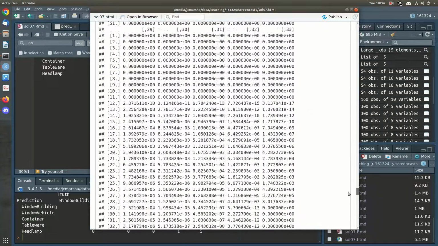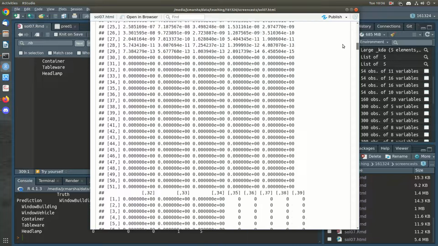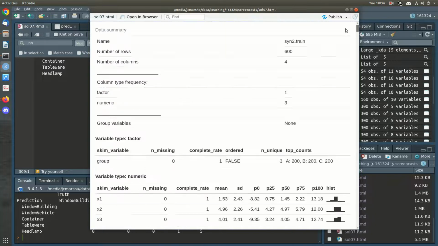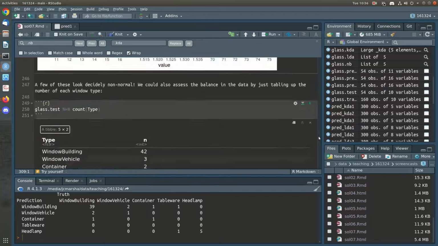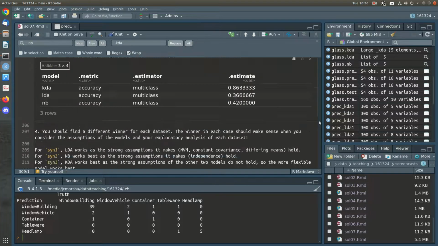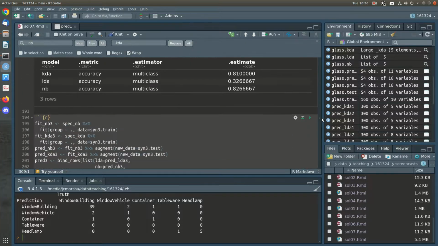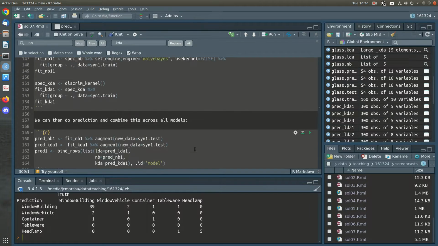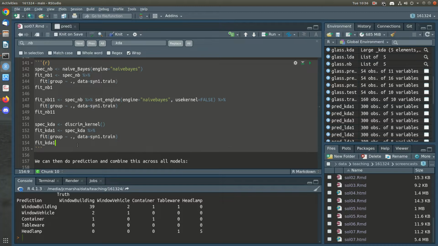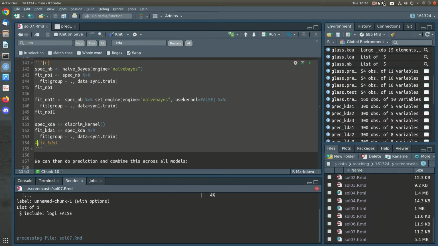I'm going to get rid of that. We don't need that output from the KDA there cluttering things up. Let's get rid of that. So that would be here, and I'll just reknit that. Okay,